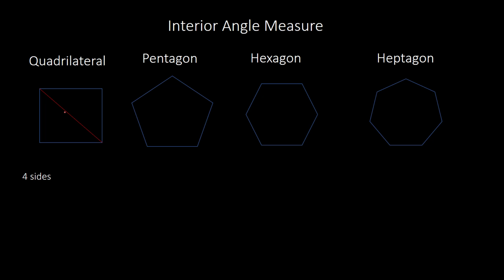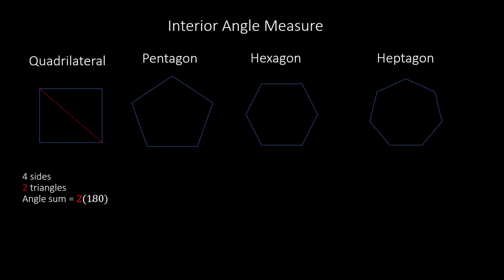So looking at the quadrilateral, there are four sides. If I draw one diagonal, notice we have two triangles inside of the quadrilateral. We've learned before that a triangle has 180 degrees, so 2 times 180 would give you the angle sum. If you add up all of the angles inside of this quadrilateral, you would have 2 times 180, or